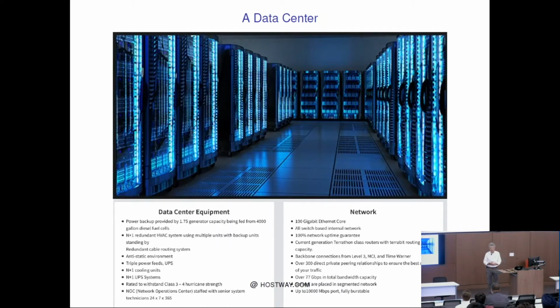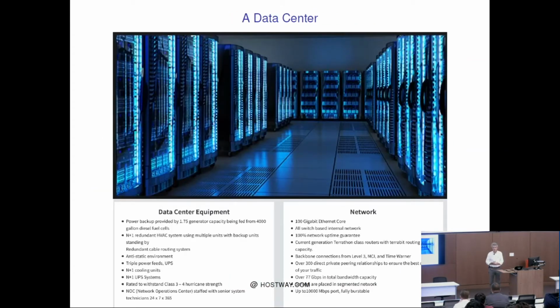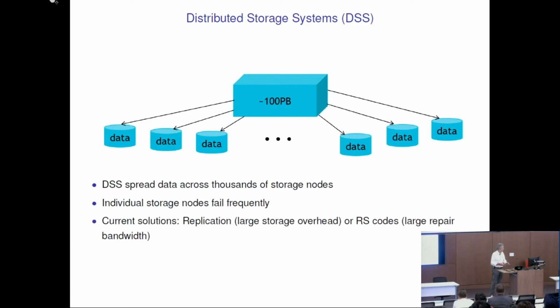And distributed storage, I'm told, looks like this. These are those racks that carry hard drives, as Facebook mentioned recently. And of course, those drives fail, and what we need to do is to be able to ensure data integrity in the face of those failures that occur on a daily basis. So let us say this large volume of data is spread between the drives, and current solutions for keeping the data available are either replication or what they call Reed-Solomon codes,